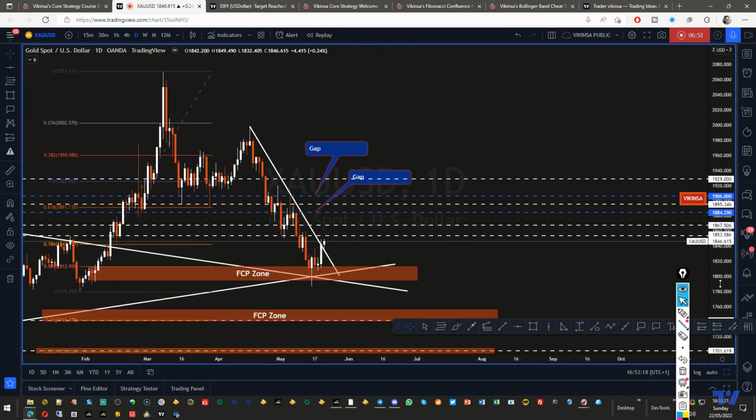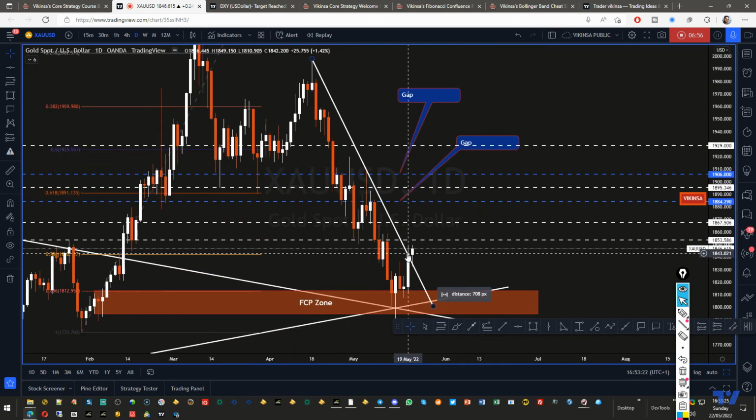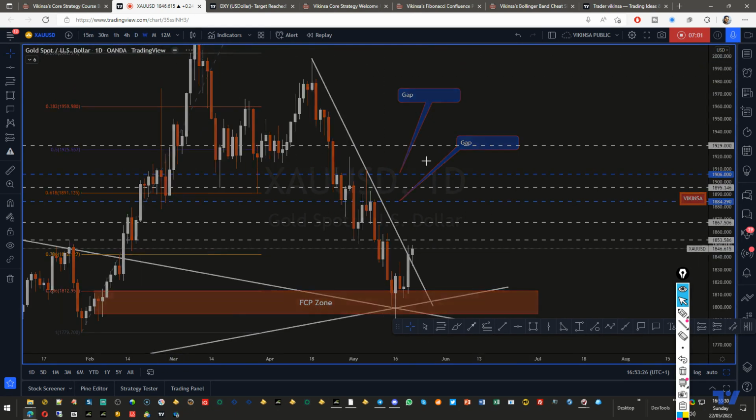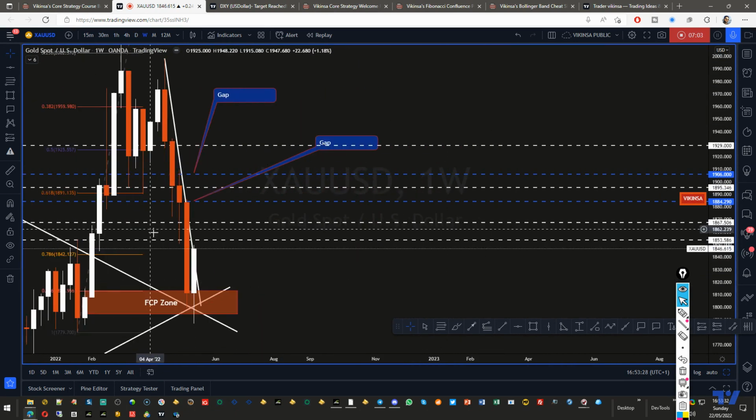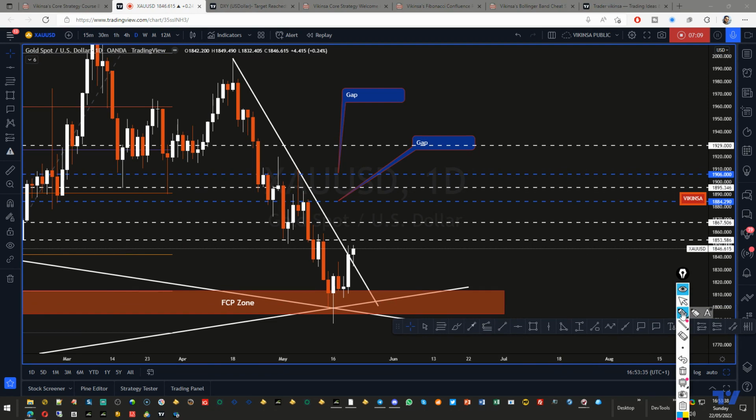Now what we have is this trend line, which was broken last week. We are looking at the daily time frame. If I look at the weekly time frame, this is still not broken. But if I look at the daily time frame, it is broken. But we have not got a confirmation to the upside. This candle has finished inside the previous candle, so that is not a good confirmation. However, if the market starts to go up, then the next level is going to be 1853.586.